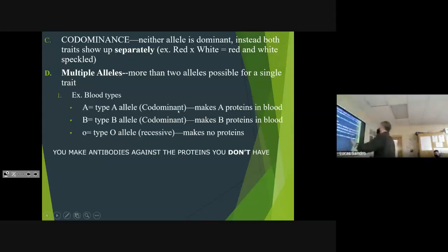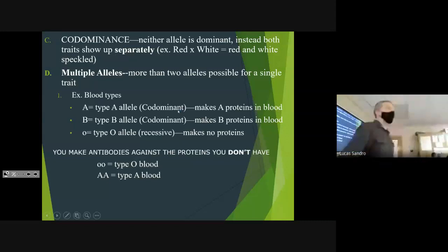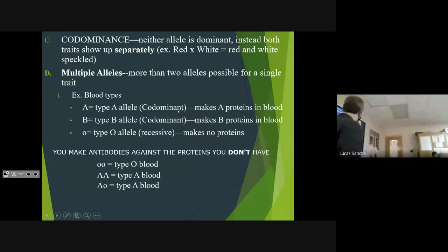So here are the possible genotypes. Type O people, there's only one. You've got to have the two recessives. That's a type O person. Type A people can have two A alleles or, oh yeah, that's also a type A person. Because remember, A says code for the A, that says you've got the A marker protein in red blood cells, and the O says,